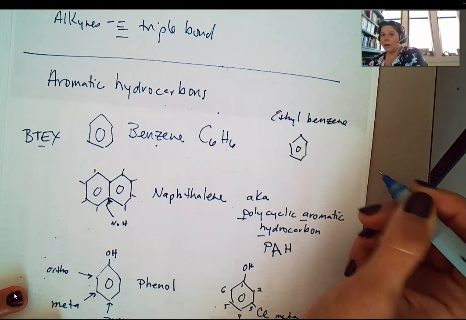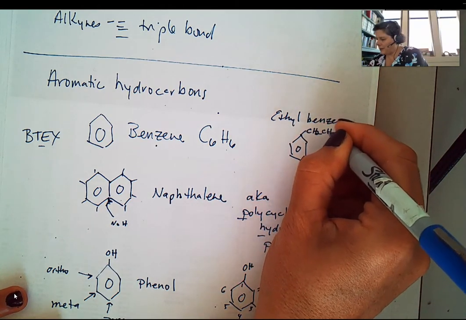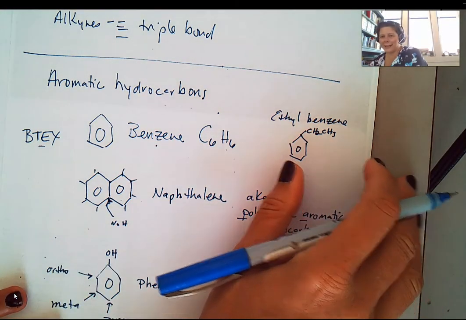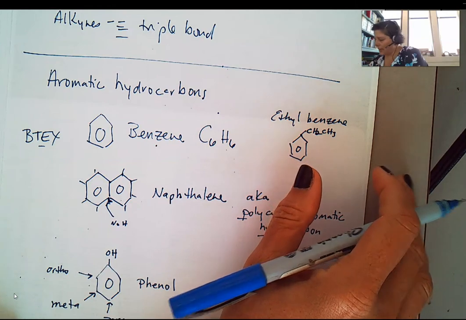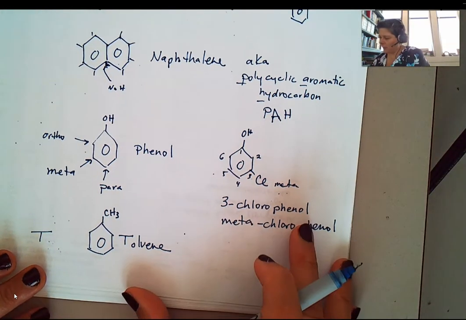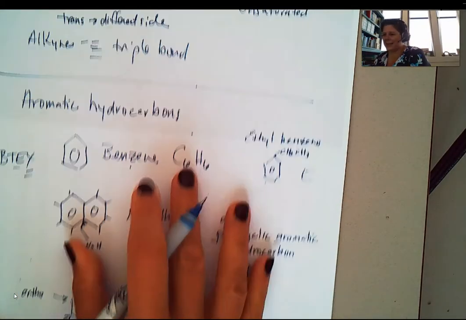So I bet you can figure out ethyl benzene. What do you think you do? You stuck an ethyl group onto it. So you put a CH2CH3 off of it, and it becomes ethyl benzene. We'll get into xylenes in just a second. Xylenes, I'll do xylenes now, and then I'll come back to one thing I like to talk about here. So this is our E, and then our T. Now I say xylenes.